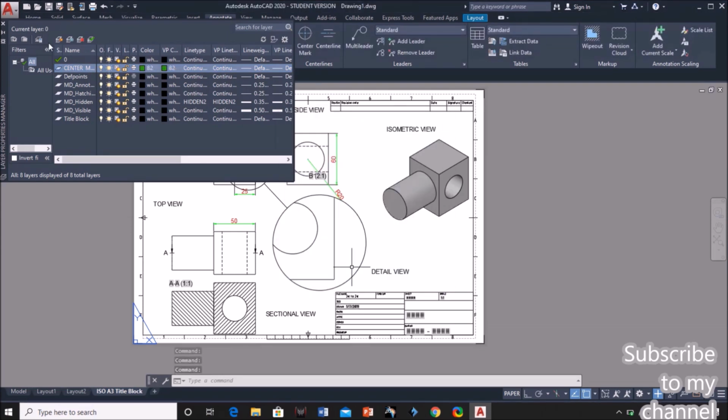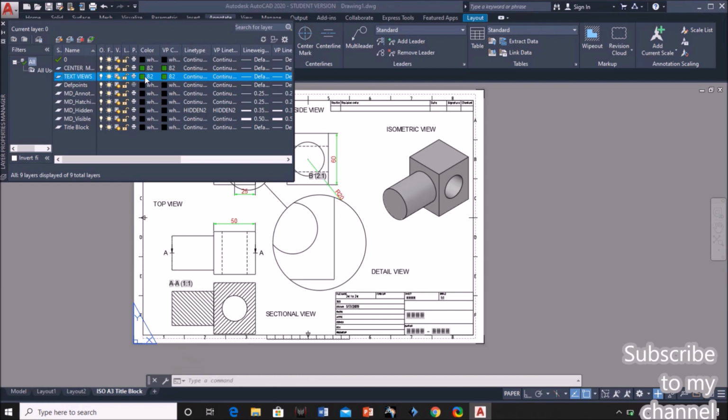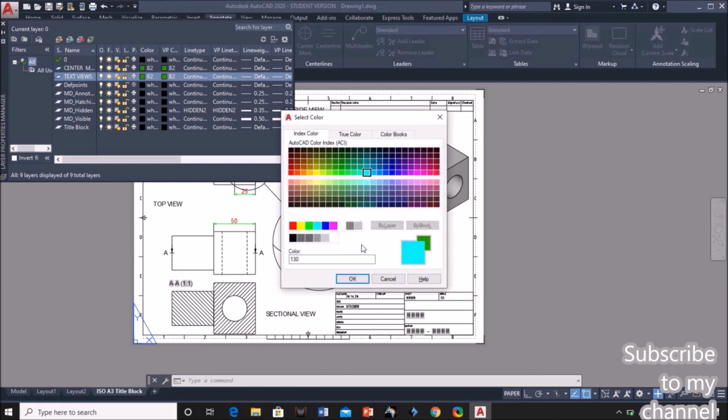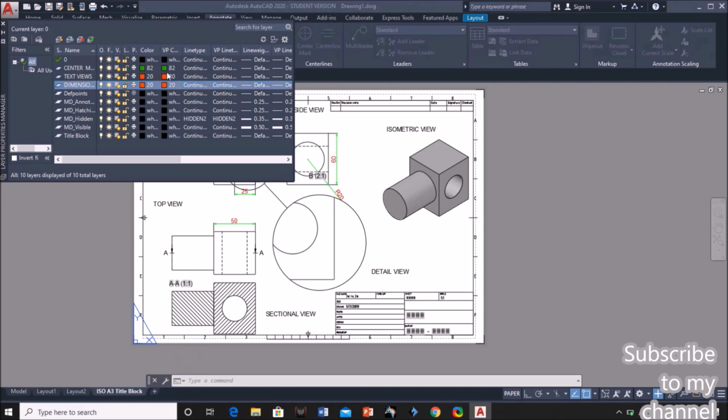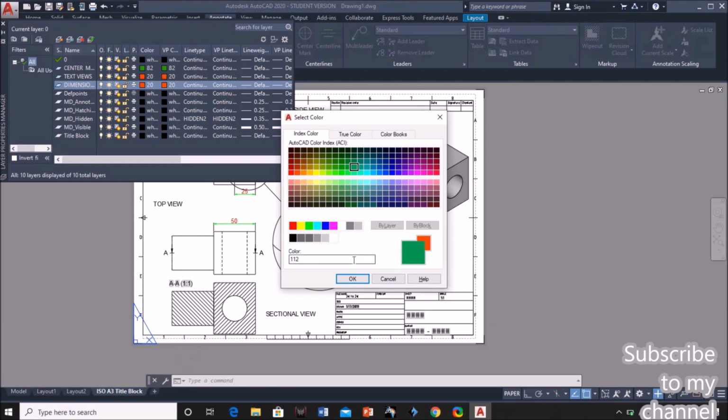Next, another layer I'm creating is text views. Okay, so I'm assigning this color as some blue or else red. Next again I'm assigning the new layer, that is dimensions. If you want, you can give any color for this